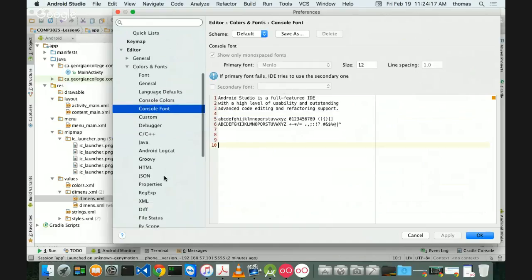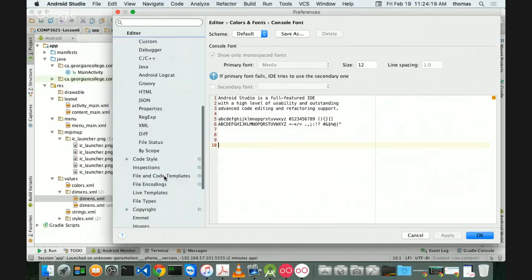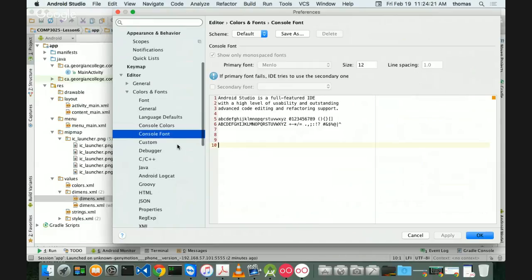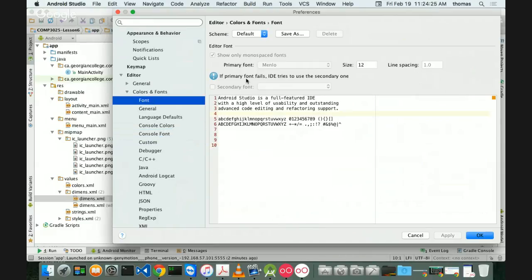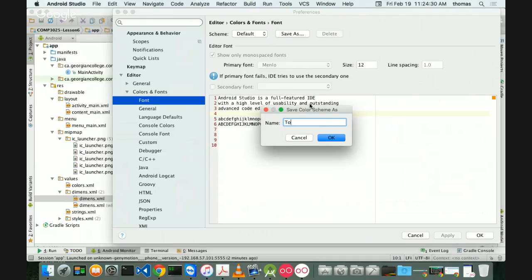Darcula. Yeah, I don't want to use that. I think you have to save as your own and then use that one. Yeah, I was thinking that. So back to font, rework. That's just for constant. Yep. Try to save as. And then,